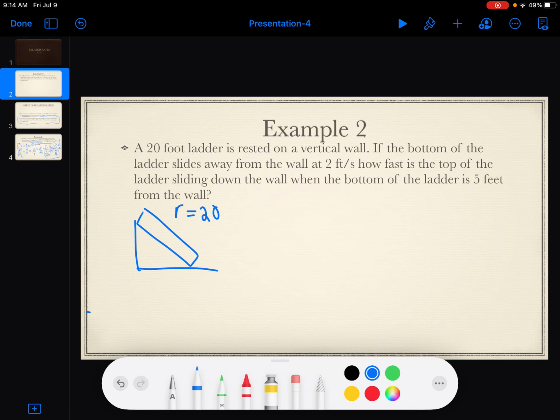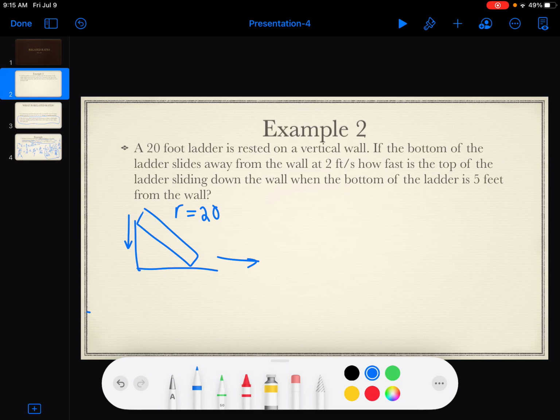And, well, let's model the situation. So what the problem is saying is that this ladder was vertical along the wall and then it starts sliding downwards. So the bottom of the ladder is sliding this way and the top is sliding downward. So let's fill in the rest of the information. Well, but before we do that, let's define